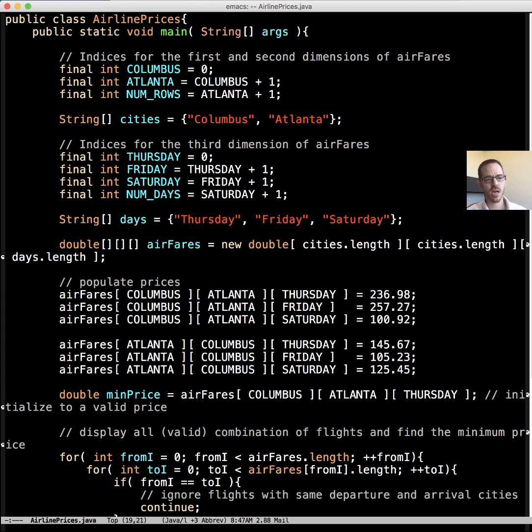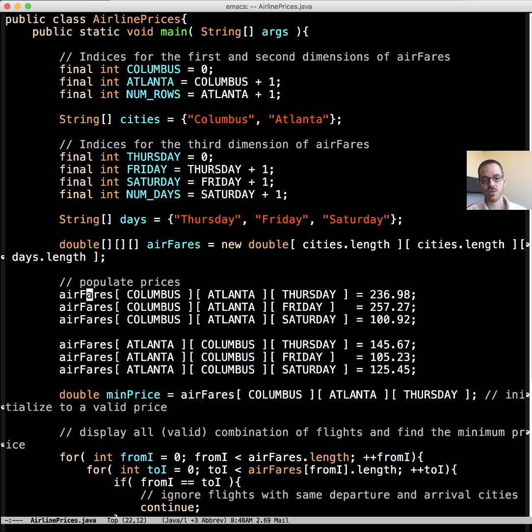And then we want to keep track of airfares, where our first index is going to be the from city. The next one's going to be the to city. And so notice what we did: we just tied it to the length of cities. That way, if we add in a city, we automatically create a larger array for both the to and the from. Then the third index here is which day, and so if we considered adding in a Wednesday, for example, of flying, then that would automatically increase the length here.